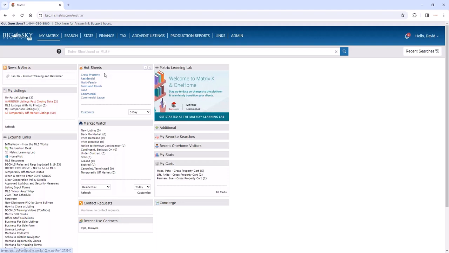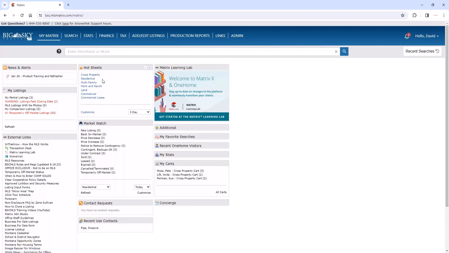So we've got 7 default hot sheets here in the hot sheet widget. Now you can have up to 10 hot sheets available. So that means I can add 3 of my own, or actually I can even delete any of these default ones if I'd like, but I can have a total of 10 hot sheets to use. So what that actually means is I can have up to 10 clients represented here. So if I want to see 10 specific activities for 10 specific clients, I can create multiple hot sheets for